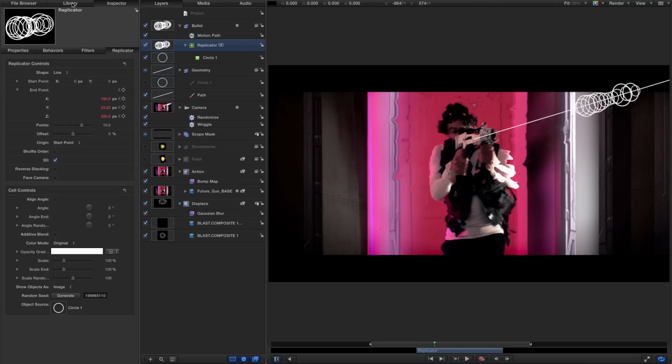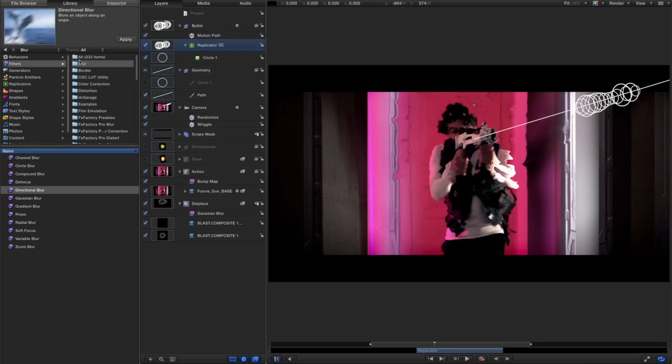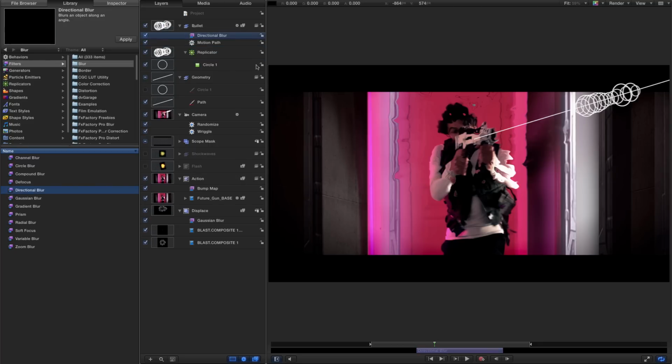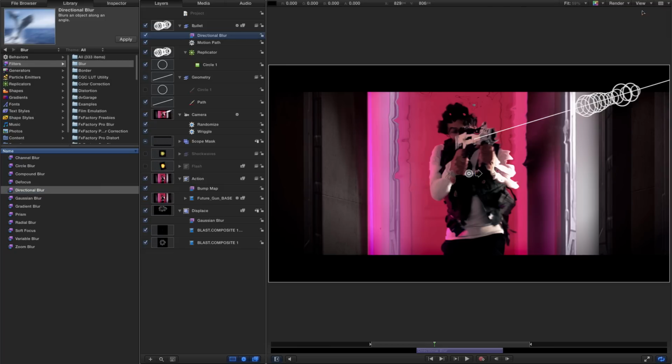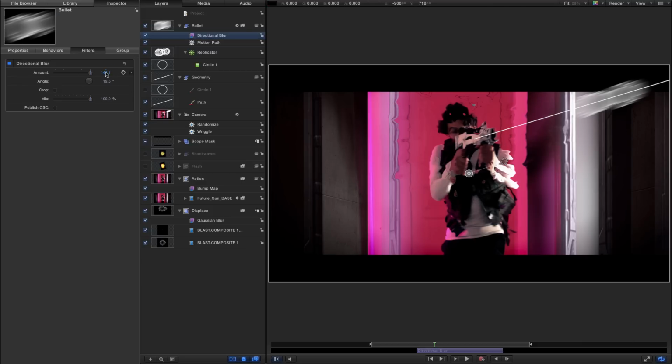I'm going to come to the library, look for filters, blur, and I'm going to look for directional blur, and I'm going to add it to my bullet group. Then, making sure my overlays are turned on, I'm going to use this arrow here to line up the blur. So let's go for something like that. So we can use the line, the path that we've created, to get the correct angle for our directional blur. Let's come over to the inspector. We don't need a huge blur amount, so let's turn that down to 50, and we can turn off the path. And hopefully you can now see that our bullet has got a little bit of 3D volume,